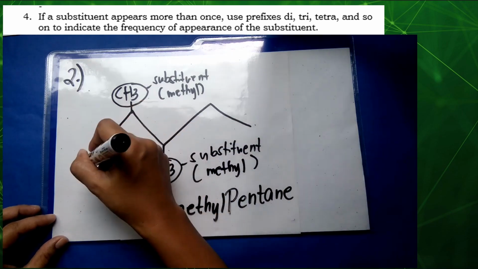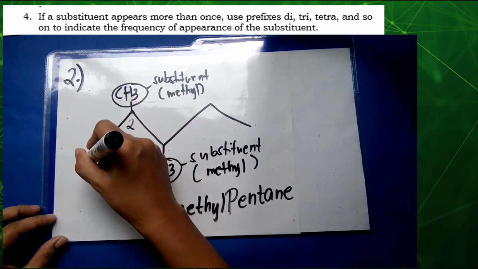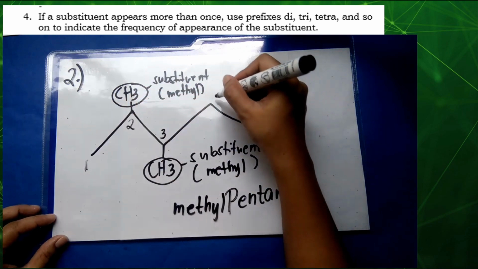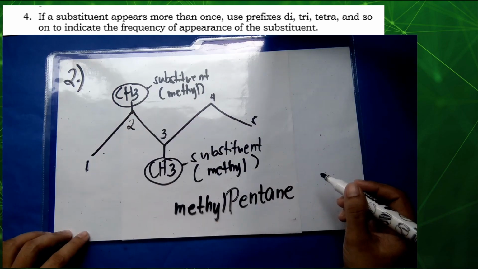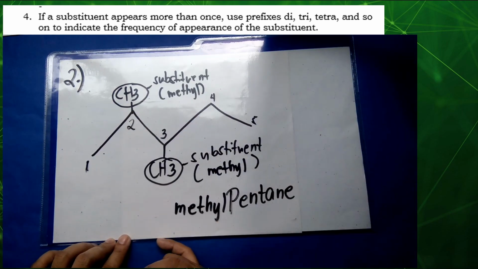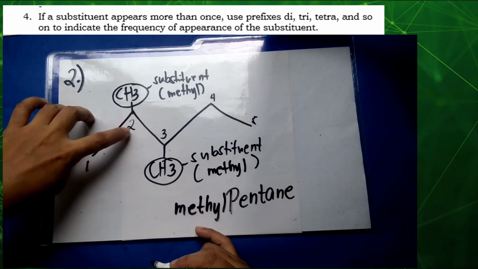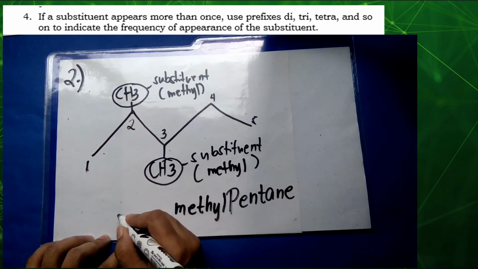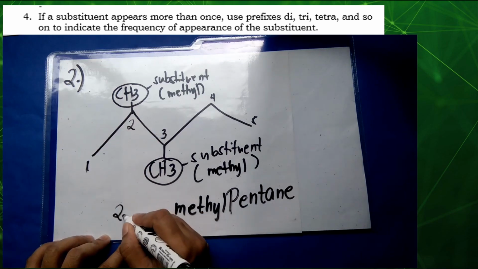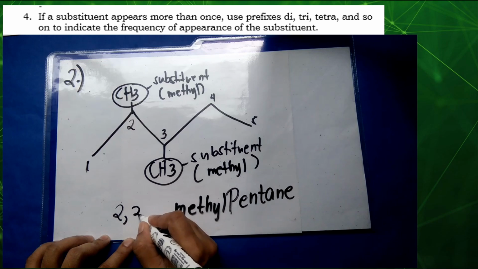So 1, 2, 3, 4, and 5. Okay, so let us write the number of carbon atom where the substituent is connected. So right here we have 2 and then 3. So we have 2, 3,